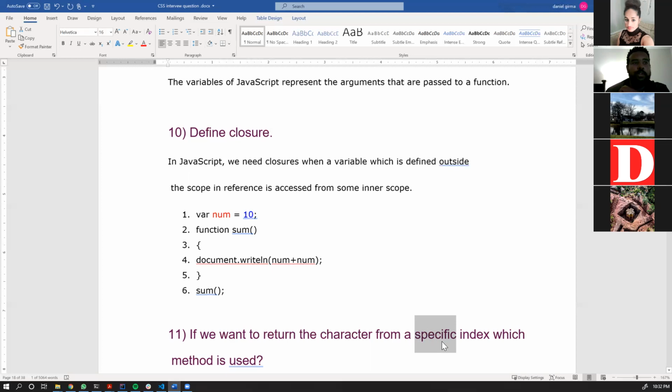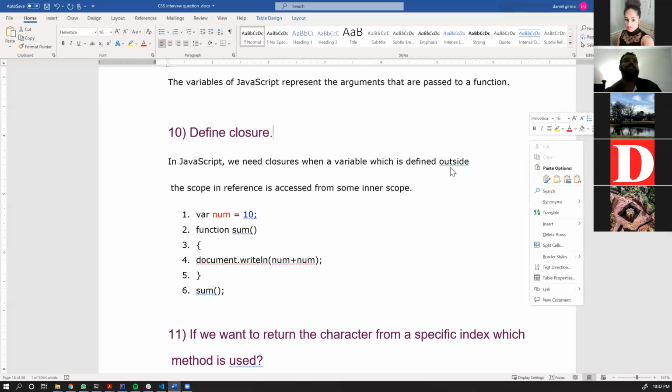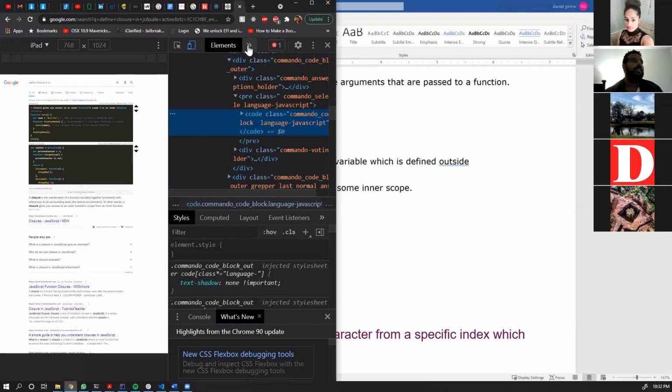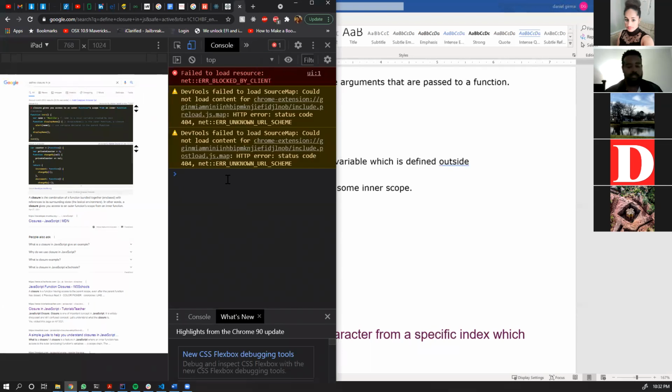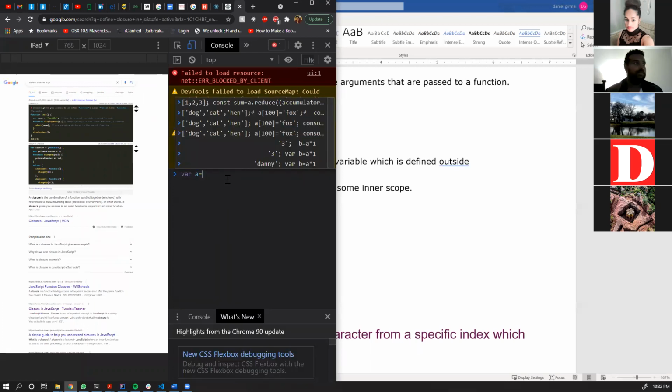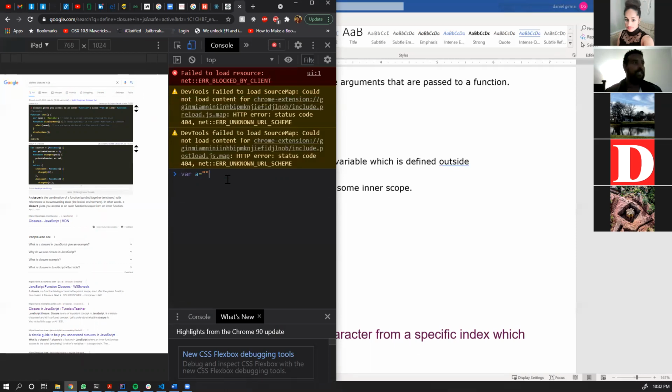Okay, so we came here. I go and inspect right there. Okay, so var, let's say a equals to, and this is a string, let's say "specific". I don't know how to spell this thing. Specific. Okay, so to get the letter out of it, what do I do? I'll be like console.log